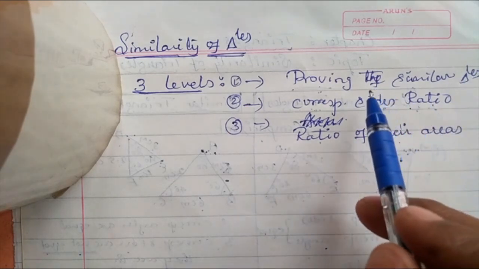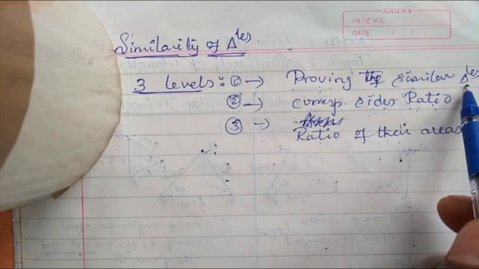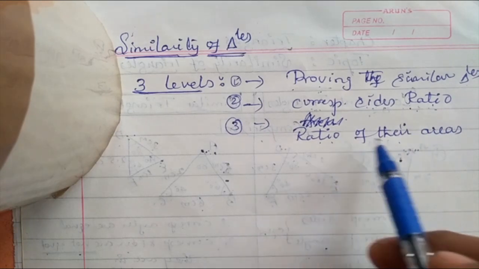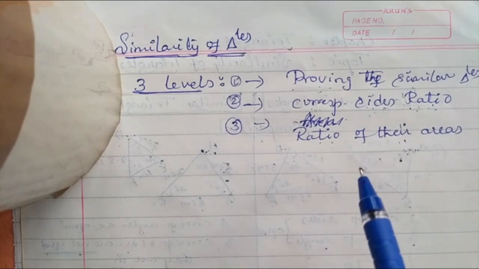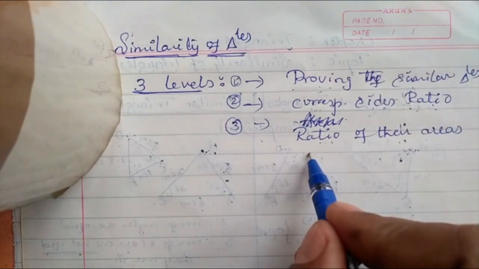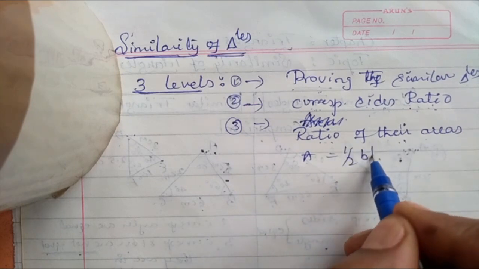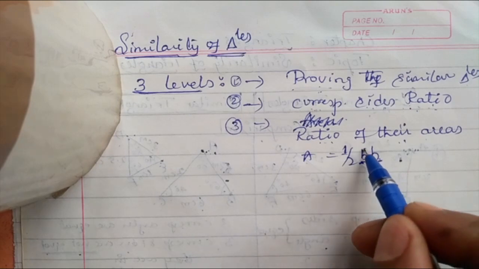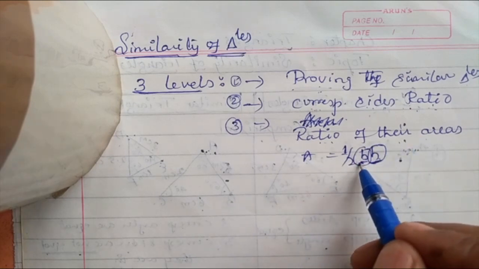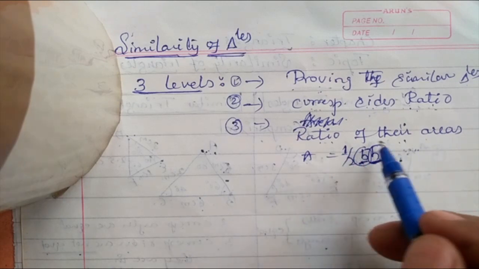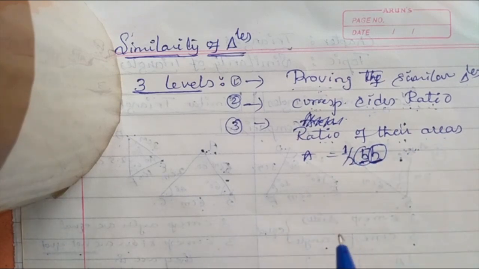Only one thing is equal, that is angles. In similarity of triangles, only angles are equal. When we go to sides, they are in ratio. When we go to area, they are also in ratio. Areas are in ratio, sides are in ratio, only angles are equal. How come areas are in ratio? Area is equal to half into base into height for any triangle. So base and heights are what? Sides only. One triangle's base and height are different, another triangle's base and height are also different. So therefore, the ratio of their areas is different.